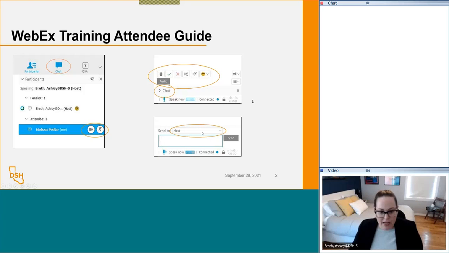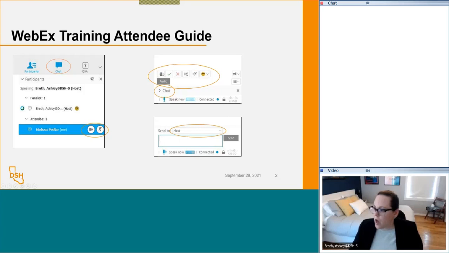Further down on the right-hand side of your screen, towards the bottom of that participant block, you will see all of these other little buttons. These are for communicating with us, the training panel. The hand icon is to raise your hand when you have a question or a comment. We will be pausing to take questions and comments throughout this presentation, so please go ahead and raise your hand if you have something that you need to say or a comment that you'd like to make,